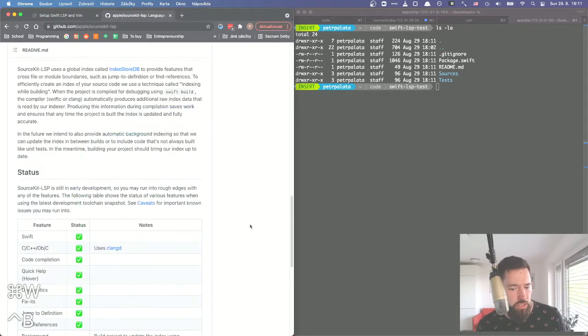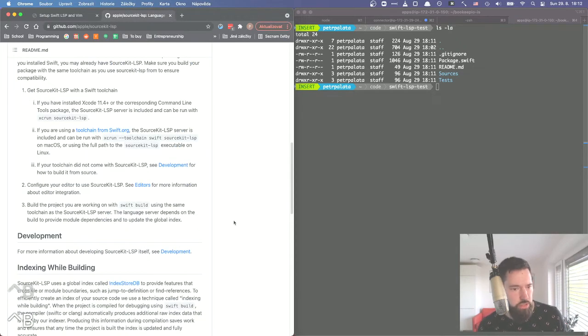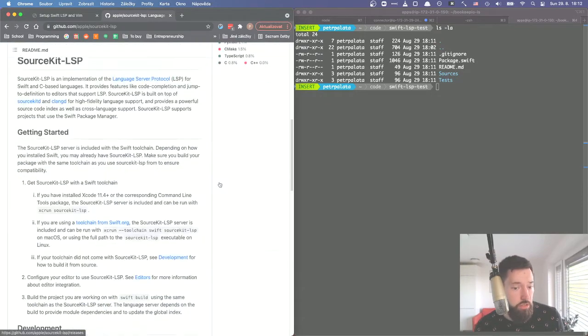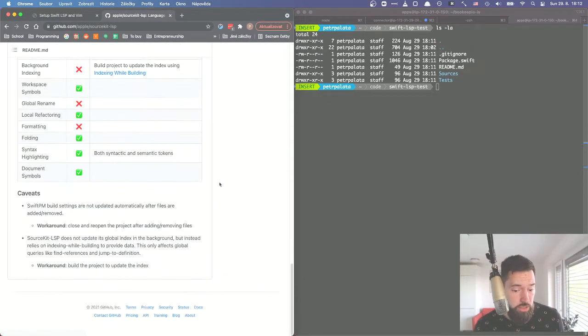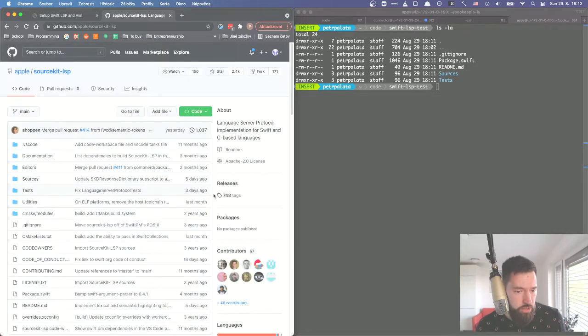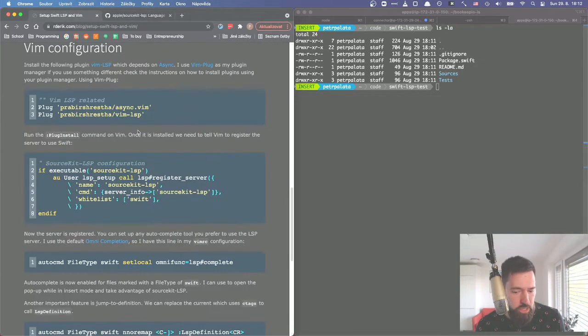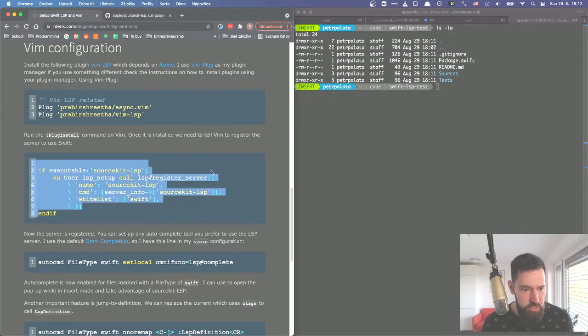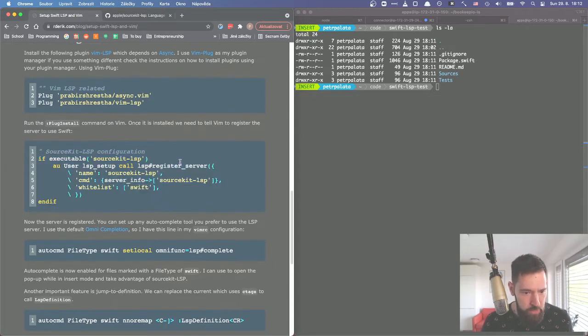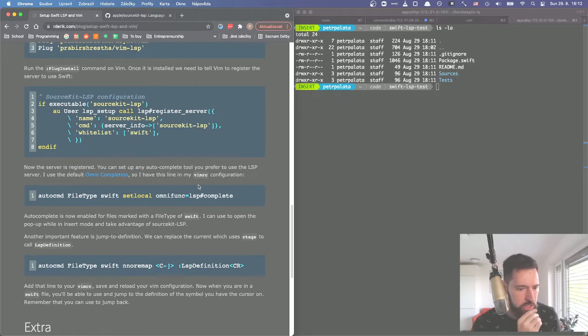LSP. I already installed it, so this comes with Xcode. I've already installed this through the standard toolchain I use for iOS development and Swift development, for that matter. We've used Vapor on our previous streams, so this is all set up. I got the sourcekit-lsp, and so here, let me